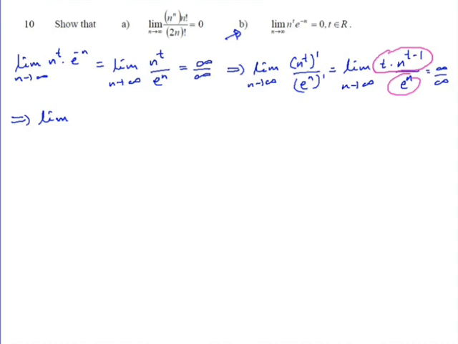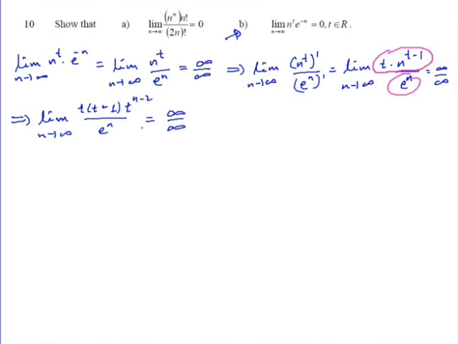What happens? This becomes t times t minus 1 times n to the power of t minus 2 over e to the power of n as n approaches infinity. Again, what we should see is that it still keeps infinity over infinity. Again we get infinity over infinity. So